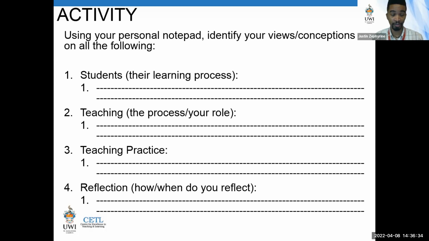Excellent. Well said, Rhoda. I think that hit the nail on the head, and it's important that students know where they are at too. So what we in the field call it is metacognition. So they become aware of their learning, where they're at and their learning process.